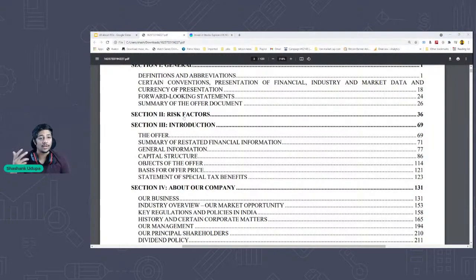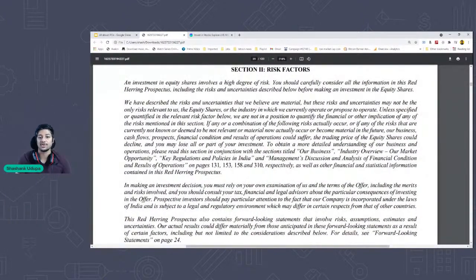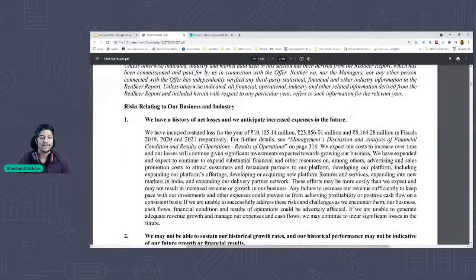I'll tell you why we need to look at risk factors. If you don't know what the risk is in a particular IPO, the offer document tells you the different types of risks associated with our company. So for Zomato, you will come to know what all risks are there. Click on risk factors. It takes you to this document which says section 2, risk factors. If you go down, it talks individually about the risks related to our business and industry,